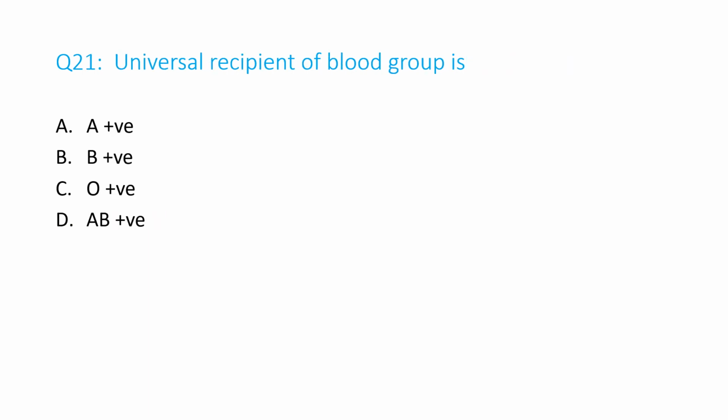Question number 21. Universal recipient of blood group is A. A positive, B. B positive, C. O positive, D. AB positive. And the answer is